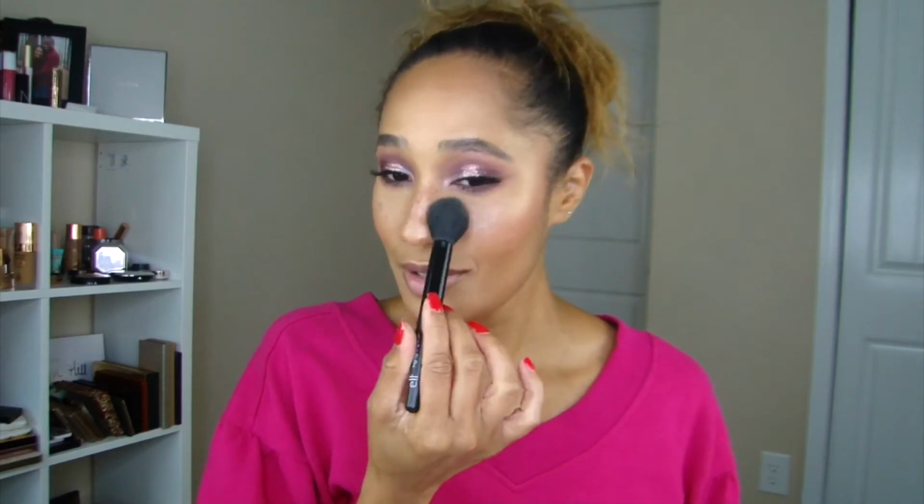And I just think it's so pretty. And the Essence Pure Nude highlights, they're so inexpensive. They're about, after tax, it still might be under $5. Very inexpensive. So I'm gonna do,